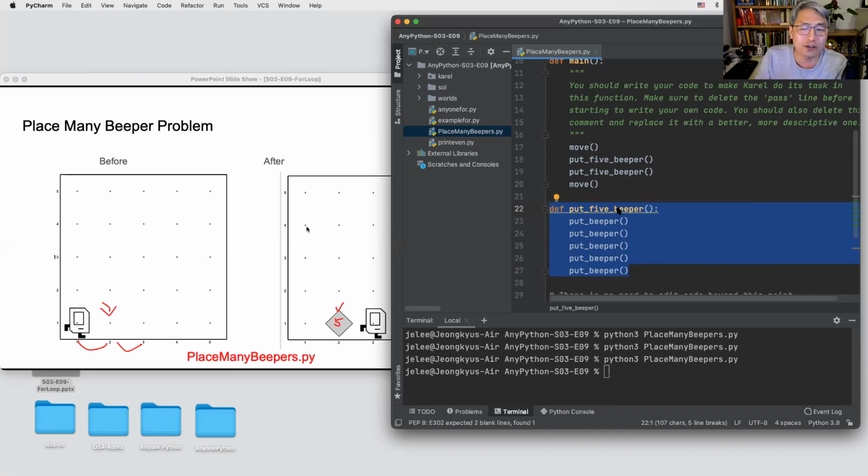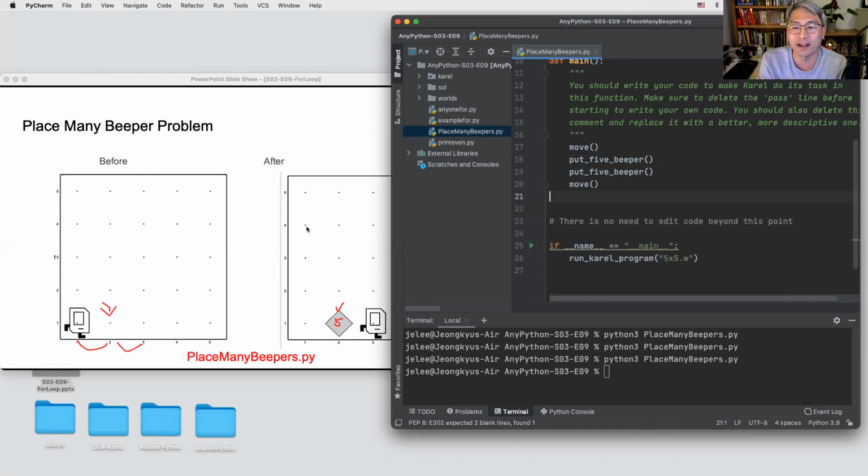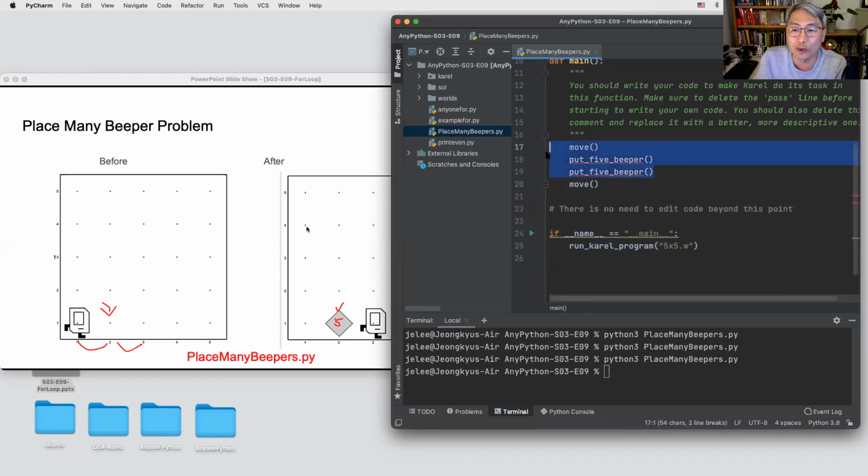Put 5 beepers is okay, 5 or 10 times. However, 40 times or 42 times, an arbitrary, bigger number, it doesn't work. So to address that, we learned about what? At that time, we used the for loop.